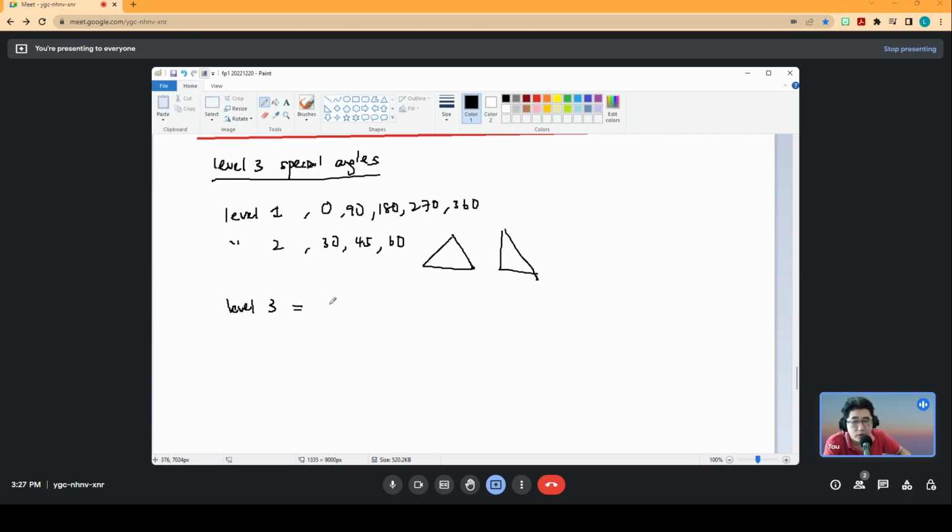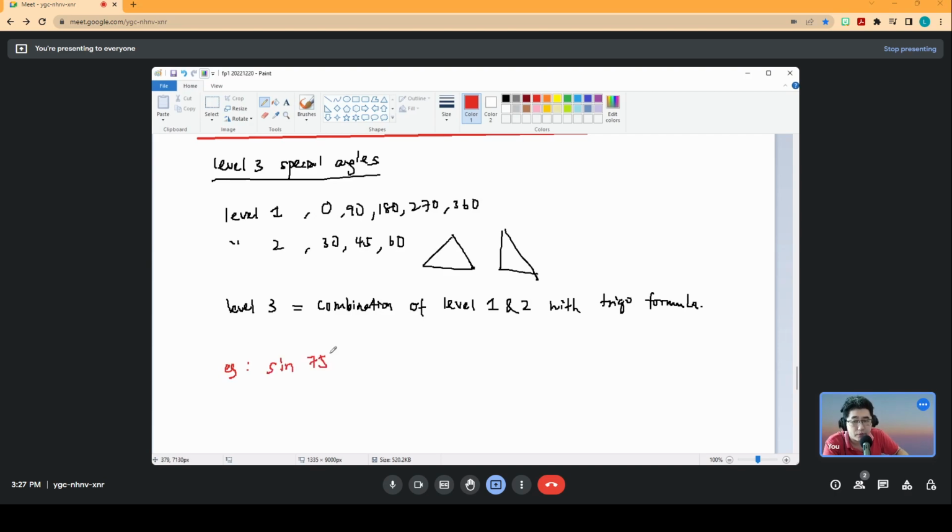Level 3 here means a combination of level 1 and 2 with trigo formula. Okay, this is what it means by level 3. So what are the examples of the special angles that we can actually use with the trigo formula? For example, like